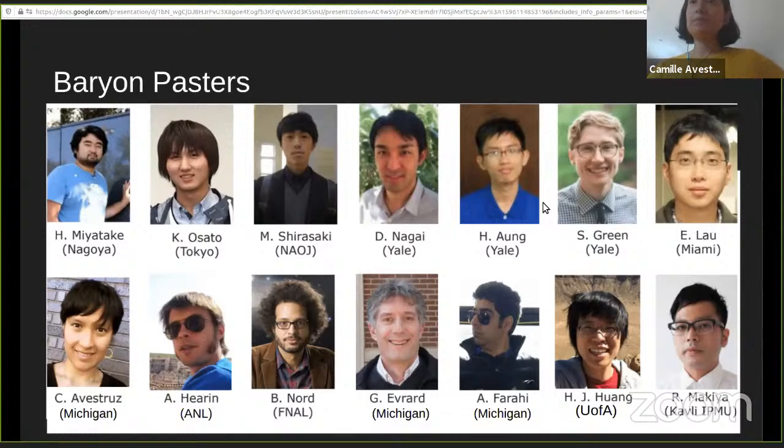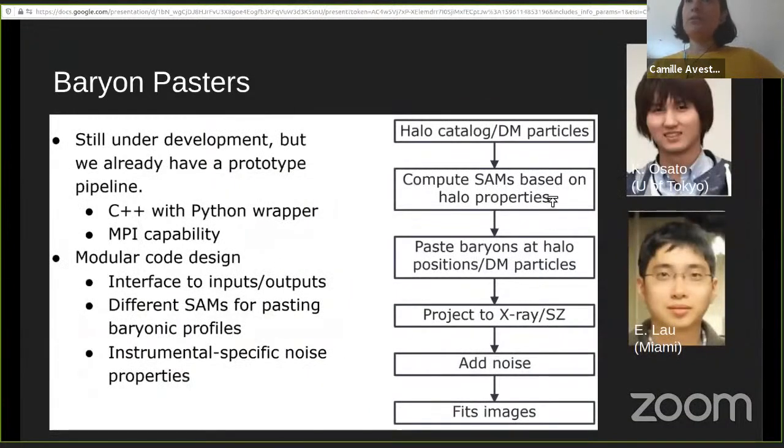and for any one of these single telescopes that are bringing in large amounts of data. So to tell you a little bit about one of the streamlined pipelines that folks are working on, primarily led by both Ken Osato at Tokyo and Erwin Lau at Miami. It's still under development, but enough of a prototype that there was a hack session, a guided sprint during the last LSST DESC meeting, where you can take in either the halo catalog